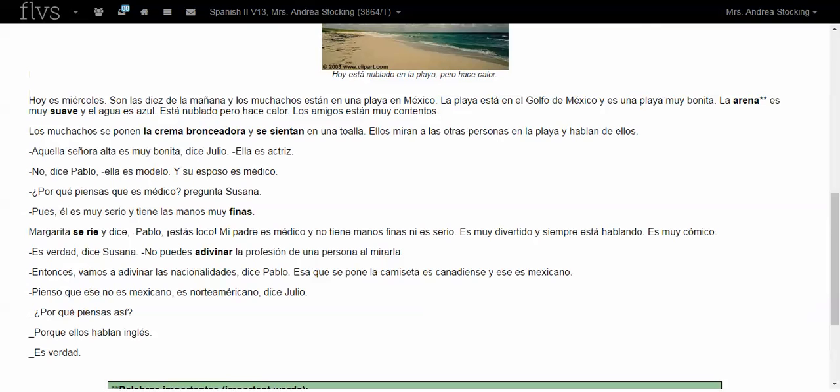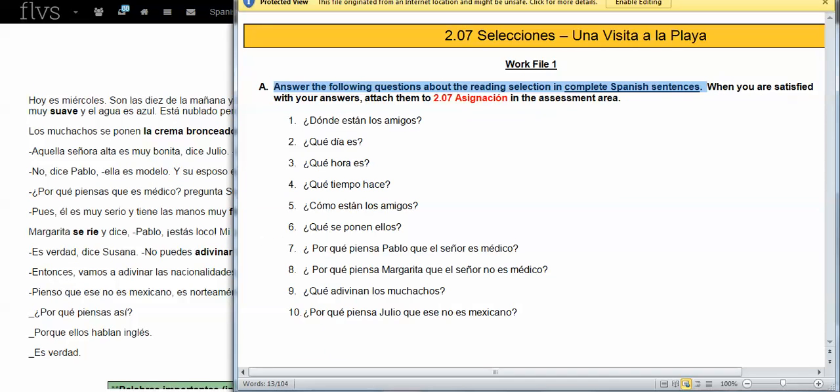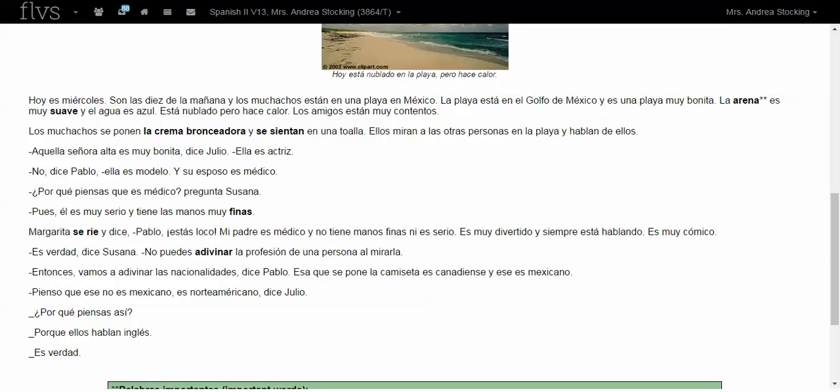That's okay. Just like I taught you with your 1.09 assignment, you're going to read the question, ¿Dónde están los amigos? And then we're going to come over here and we're going to just skim through here. I might not understand everything, but I am going to look for some of those key words about los amigos and están, where are they?